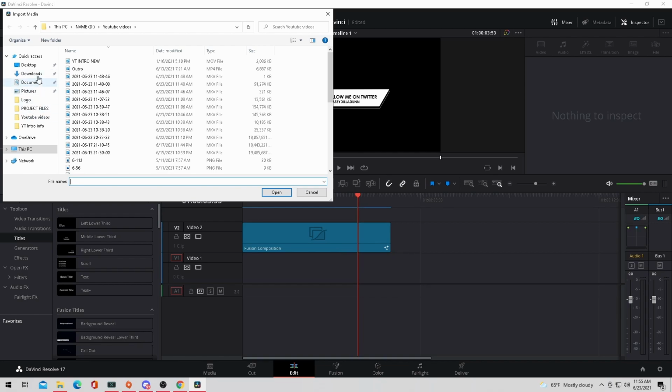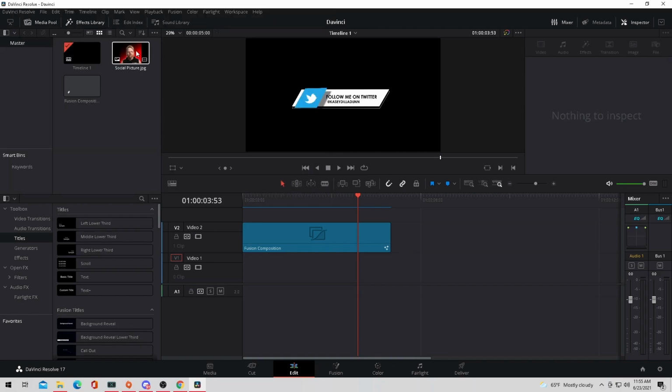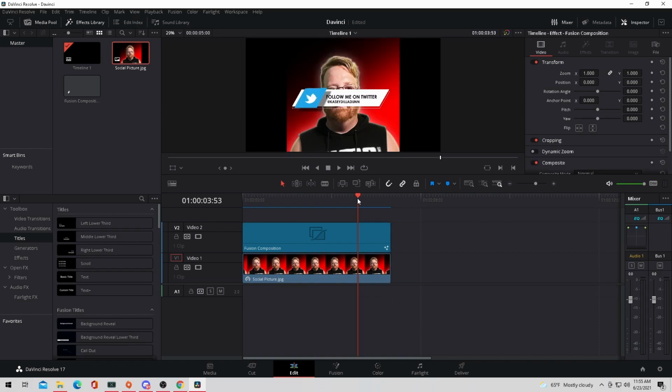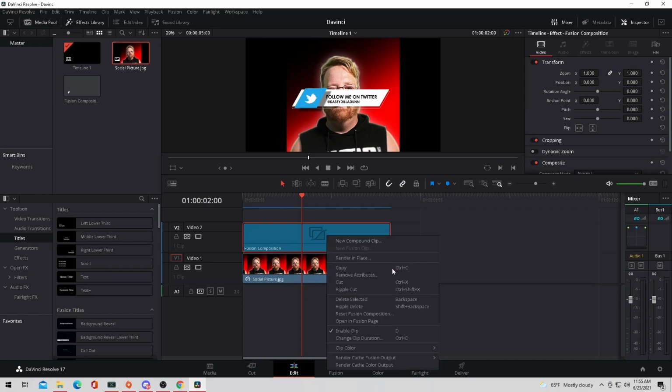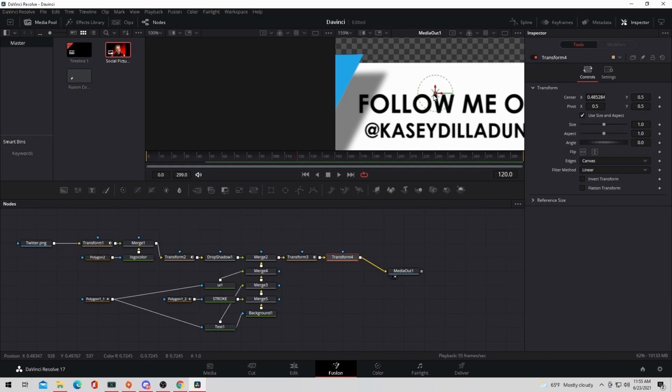I'm just going to go ahead and put in a picture real quick, just to show you, it's in the middle of my face. So how we fix that is you want to right click and click Open in Fusion page. This will take you right back to where we were. This Transform 4 node, make sure that it's selected, and you'll see all these arrows in this green box here. We want to click the center of this arrow,